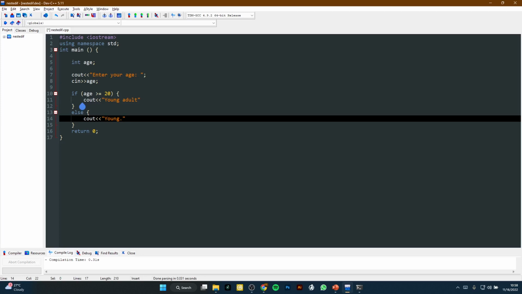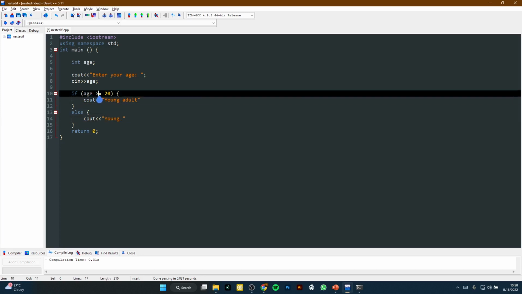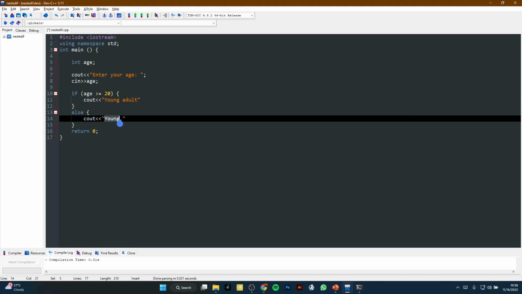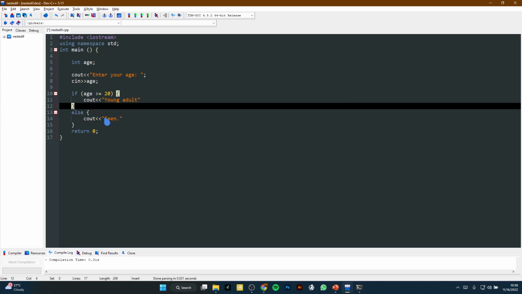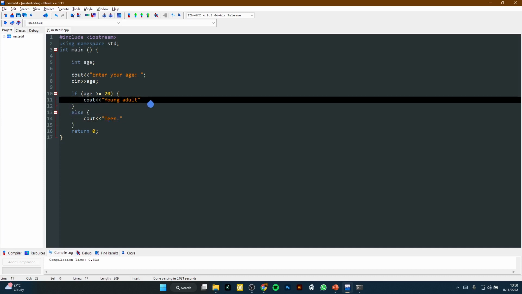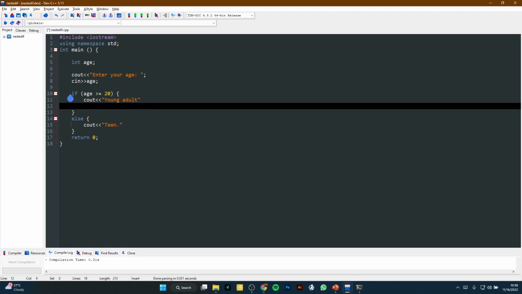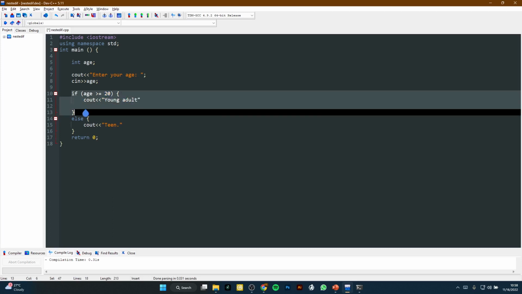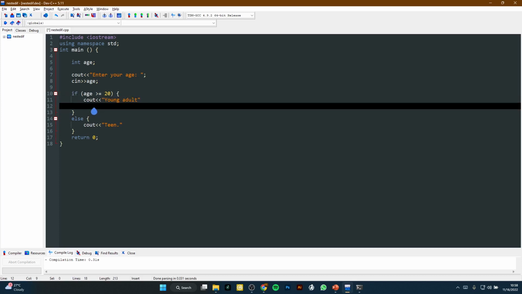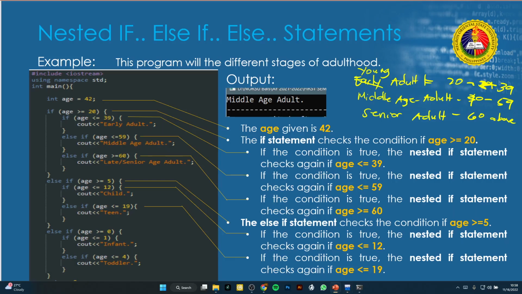So again, our first conditions are if ni enter tag number which is 20 and above, they are considered adult, diba? And then if less than 20, then it will say young lang. Teen lang, sir. Teen, sakto. Alright, so inside our first condition, dito na to i-break down ang stages of adulthood. So we're going to create our first nested if ang age is less than 39,